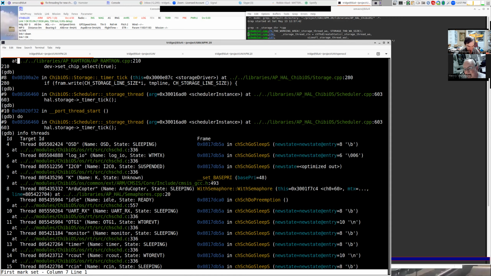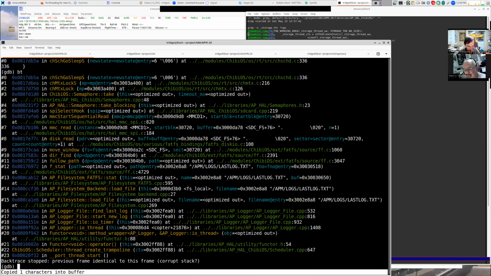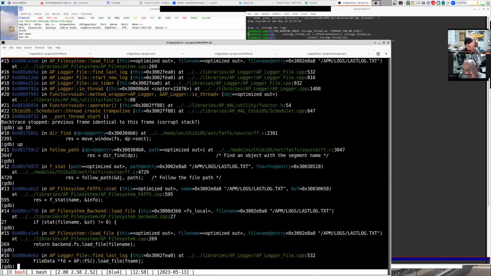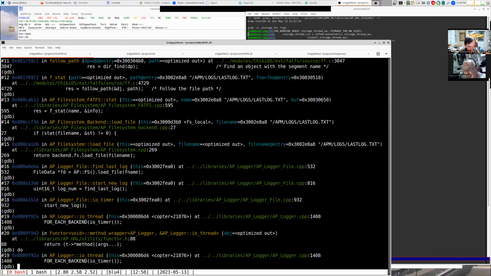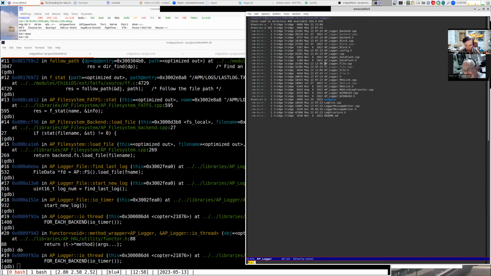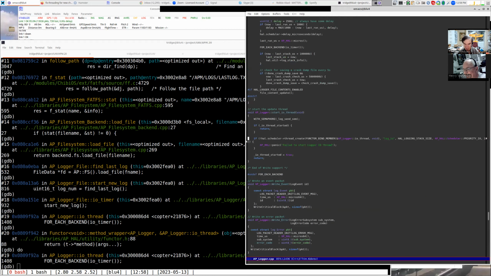So back to thread 5, and we'll go up by about 10, where it starts. IO thread, there it is, and AP logger, and we've got IO, the creation of the IO thread. Yes, and we actually don't keep a copy of the thread pointer here. Okay,